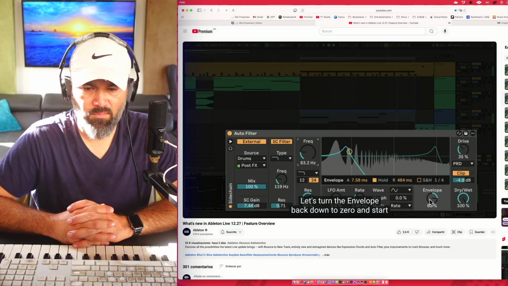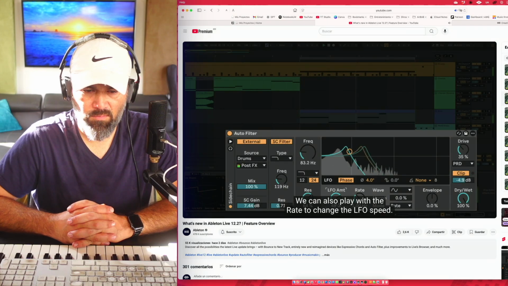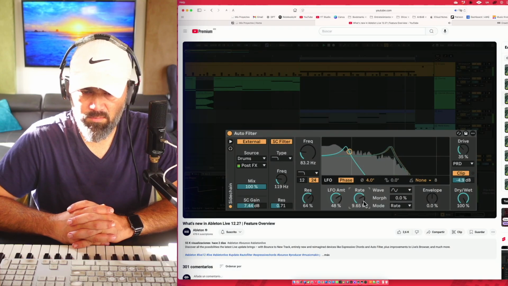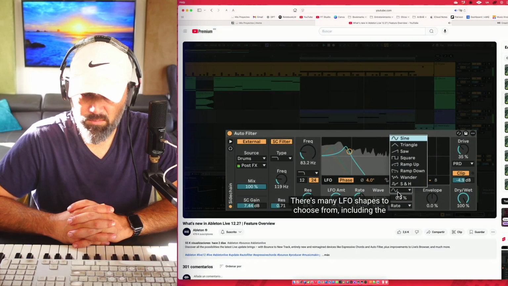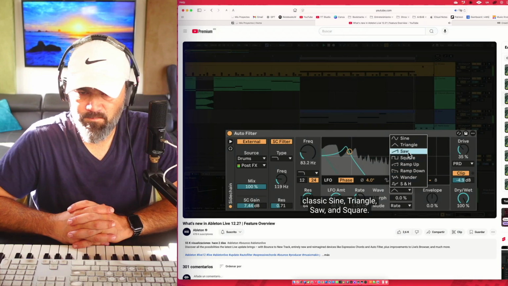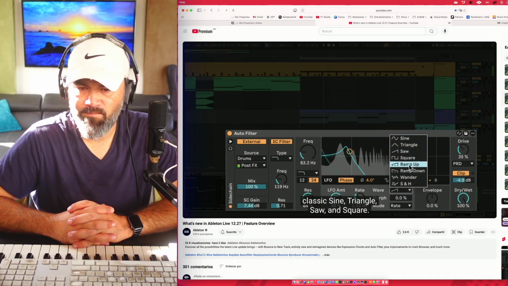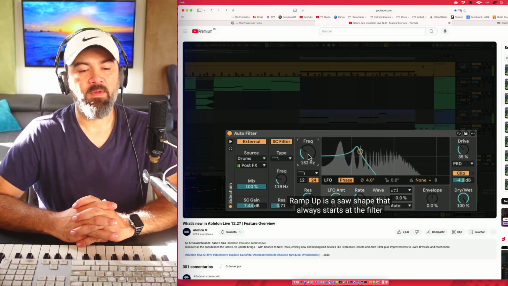Cool. Let's turn the envelope back down to 0 and start playing with the LFO amount. We can also play with the rate to change the LFO speed. There's many LFO shapes to choose from, including the classic sine, triangle, saw, and square. Ramp up is a saw shape that always starts